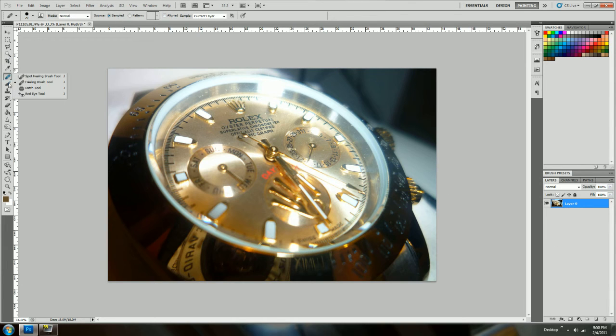Alright, so next what we've got is something called the healing brush. This is a sick thing. Later on I'll be making another tutorial on how to fix up your skin if you've got some pimples in a picture or something, like a bad picture you've got. You can use the healing brush to get rid of it. What you do is select a specific point you want